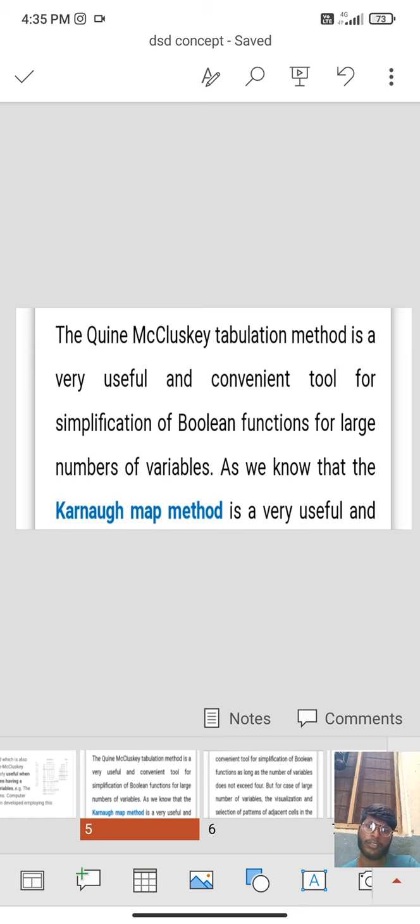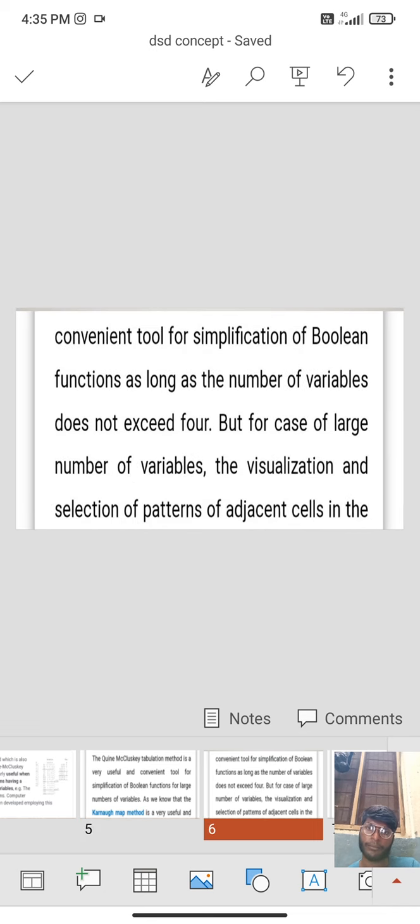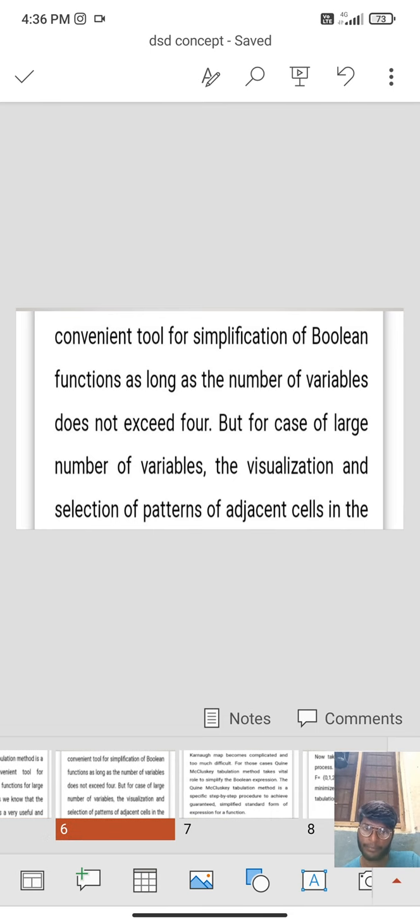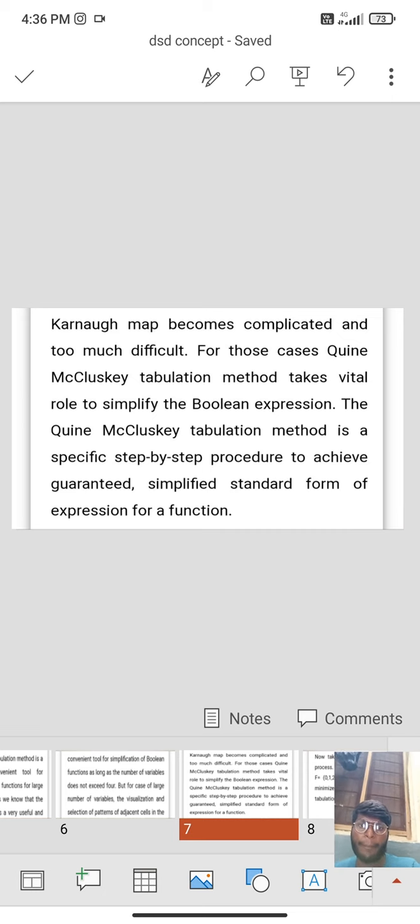As we know, the Karnaugh map method is a very useful and convenient tool for simplification of Boolean functions as long as the number of variables does not exceed 4. But in the case of a large number of variables, the visualization and selection of patterns of adjacent cells in the K-map becomes complicated and too difficult.